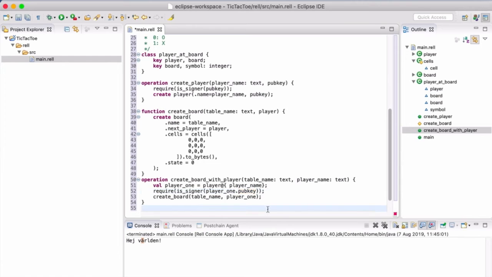So now we have a board, and now we want to add a player. So we can have a function that is like add player to board. We just call it board. It's an internal function. Yes. Not called from the outside. Add player to board. And it receives the player and the board. So actually, what we can do, we can